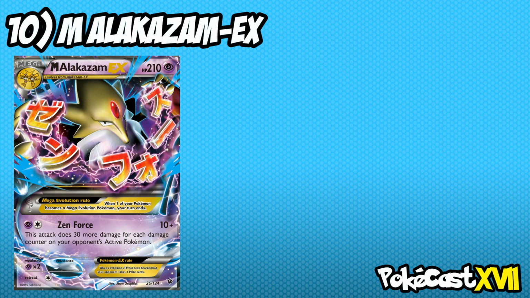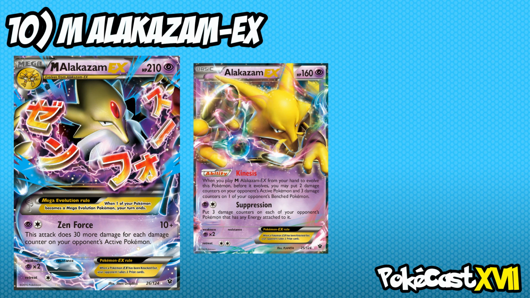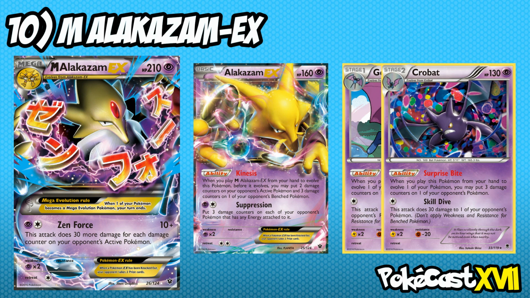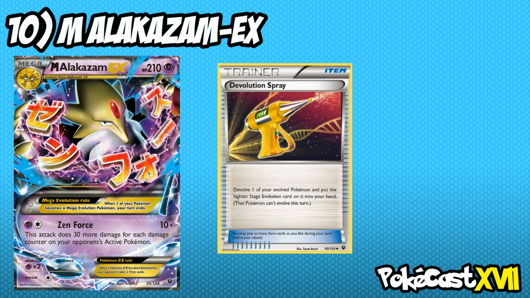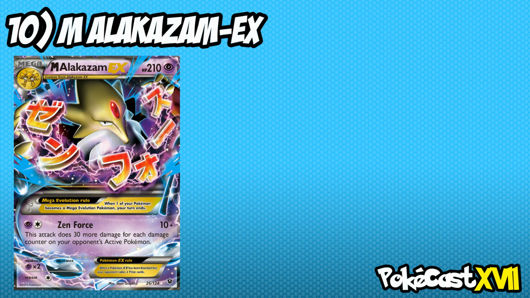Number 10. At 10th place, and barely scraping in, we have Mega Alakazam EX. With a decent 210 HP and an okay attack, Zen Force does 10 damage plus 30 for each damage counter on the defending Pokemon. When you pair this with Alakazam's ability, Kinesis, and cards like Golbat and Crobat, you can certainly hit some really big numbers using Zen Force, especially when you have cards like the Evolution Spray and Super Scoop Up. It's a really fun and interesting concept, but unfortunately for Alakazam, it has a lot going against it